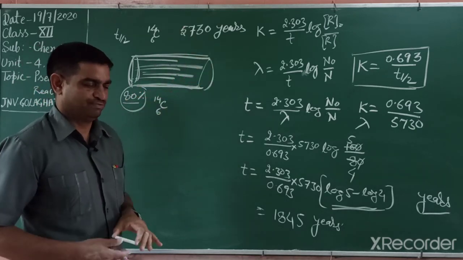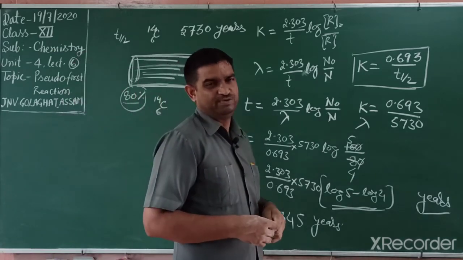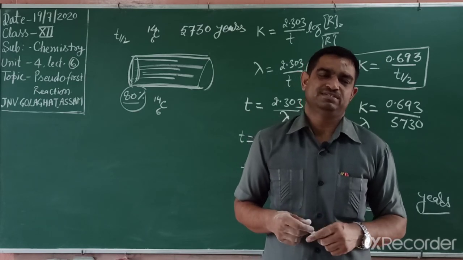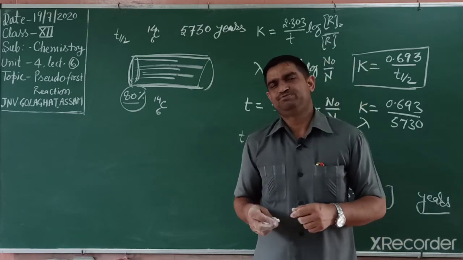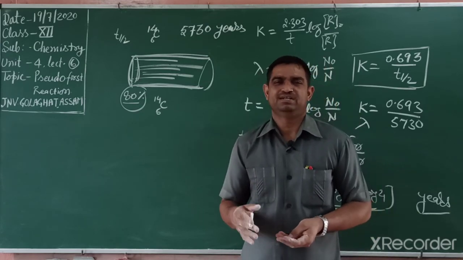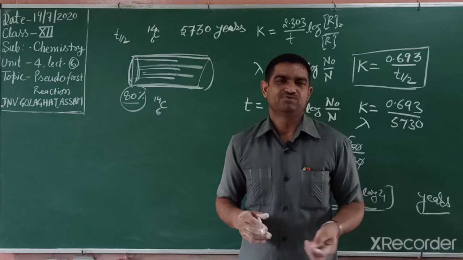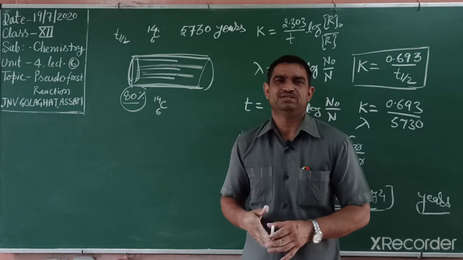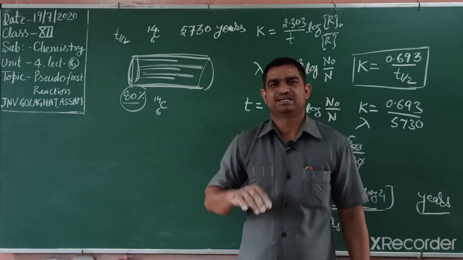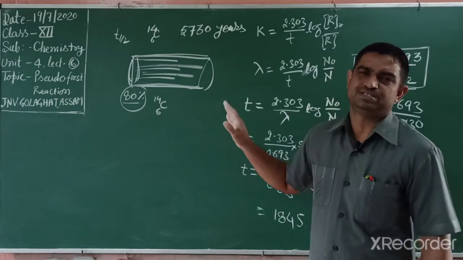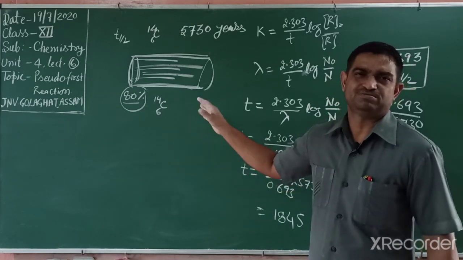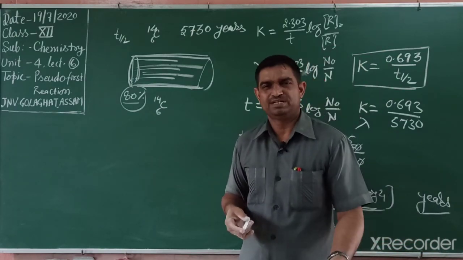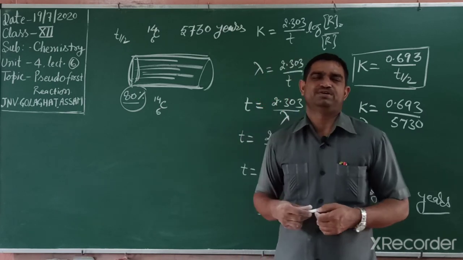So solve this carefully. Tomorrow we will discuss the temperature dependence of the rate of reaction, the Arrhenius equation. If you solve more numericals, the concept becomes clear. As for the log table, it is on the last page of our NCERT book, and the rules are also given. First you find the mantissa and characteristic, because the mantissa is always positive, and for a negative log value we write the characteristic. When you study the log table, you can easily solve some numericals.